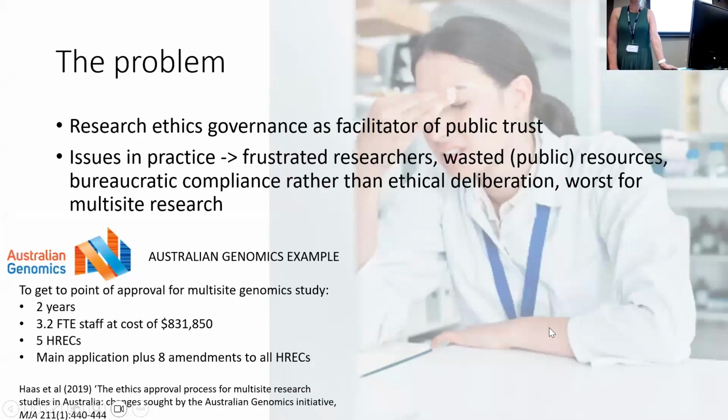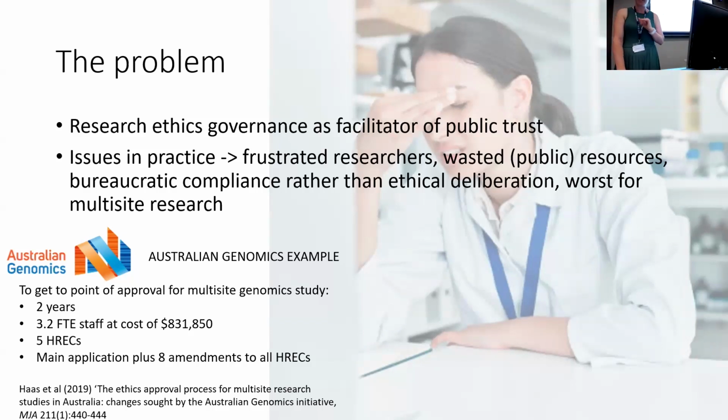Research relies upon public trust, and this is especially the case when we're doing research with human participants. We ask for bits of their literal bodies and some of their most personal information and just say, trust us, we're scientists, you know, we're doing this for the public good. And that is usually true. However, that doesn't give researchers unfettered license to do what they want with people's tissue and data.